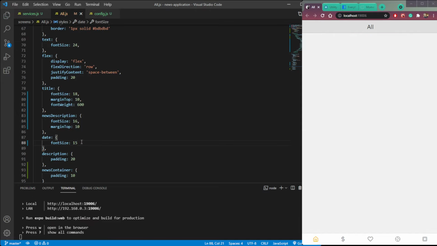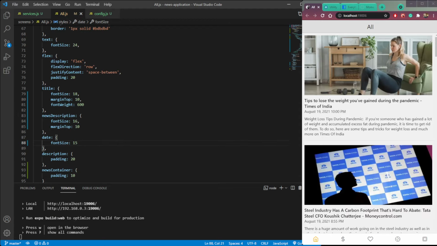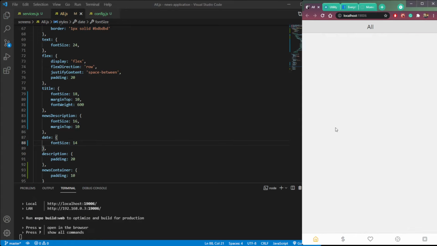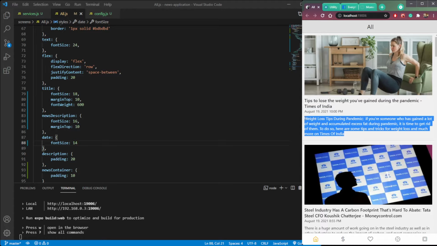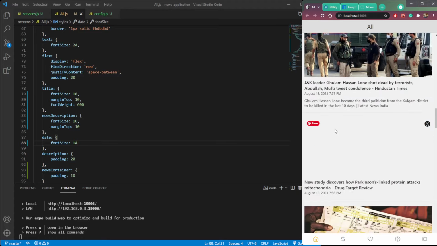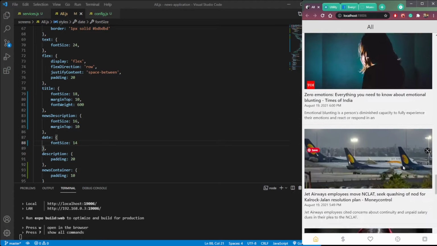Save the file, and you see we have our date here. Or let's make it 14 to make it smaller than the description, because it will look nice. So we have the title, the date of the news and the description, and now we are able to scroll here also till the last news.